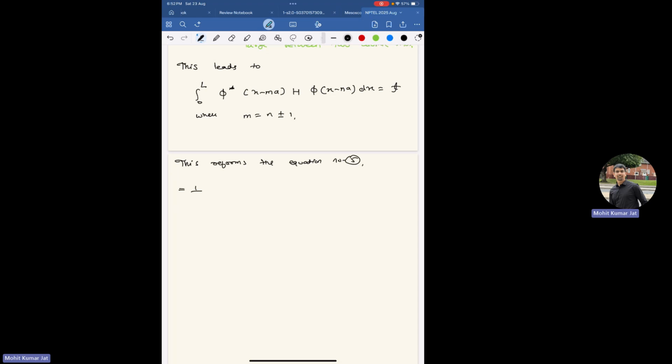This gives 1 by N, summation over m and n, m equals n plus or minus 1, e to the power i k (minus m plus n) a, and then phi(x minus ma) Hamiltonian phi(x minus na). So this term you can write, this t is the hopping parameter, 1 by N summation of